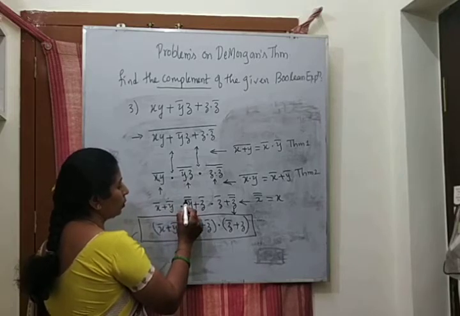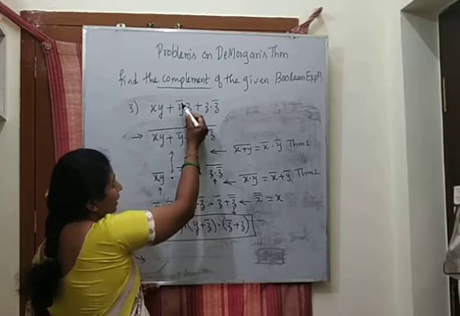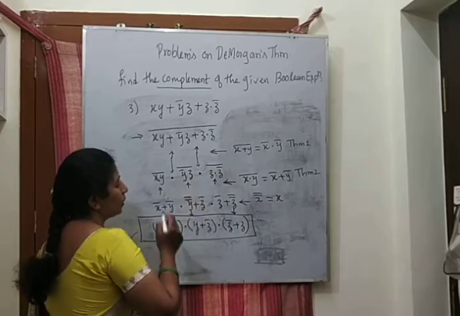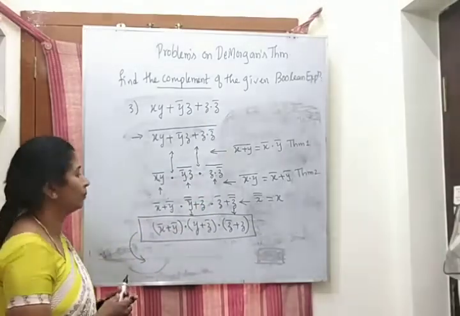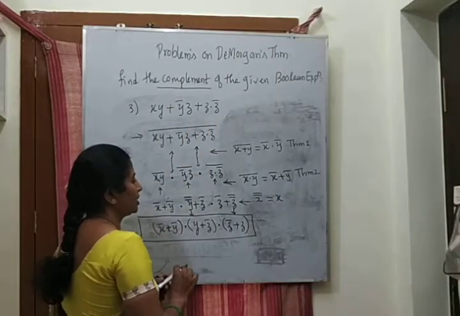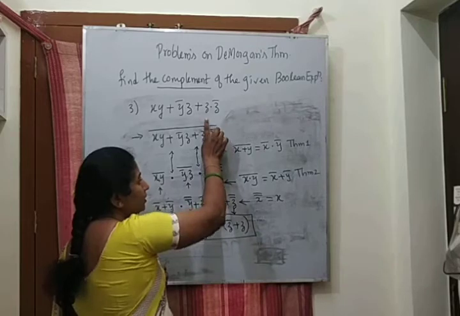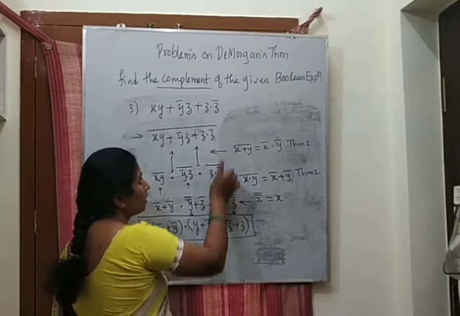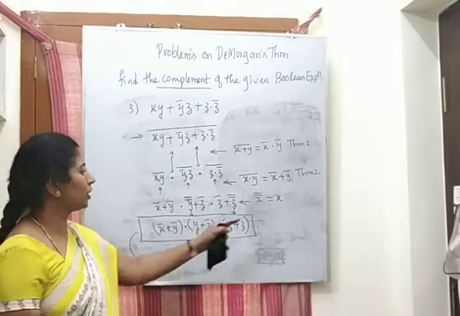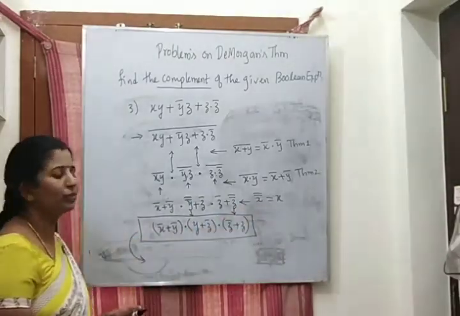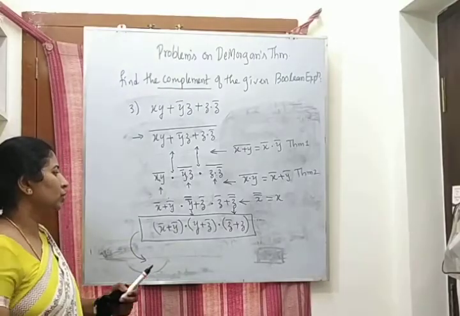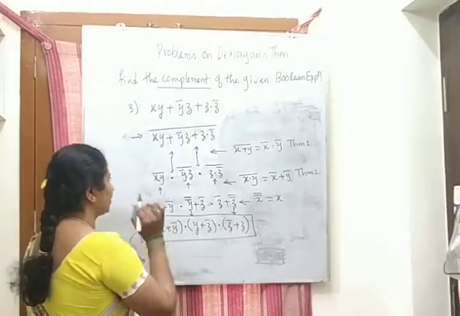Why? How did we get two complements? Earlier it was one complement. Now we split the whole bar, so we got y double dash. Earlier z did not have a complement, now we got a complementation. Here earlier z was not having a complement, here it has a complement. Hence we got the double complement. Remove that with the help of the inversion law. X double dash can be written as x, so that we'll get this particular expression.